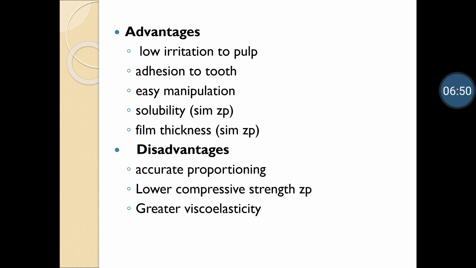What are the major advantages of zinc polycarboxylate cement? It has a low pulpal response, that is, the biocompatibility of zinc polycarboxylate cement is much better than that of zinc phosphate cement. It may be because polyacrylic acid is a weaker acid compared to the phosphoric acid present in the liquid of zinc phosphate cement, and the molecular size of polyacrylic acid is bigger, so that it will not traverse the dentinal tubules to irritate the pulp. And one more possible reason for its good biocompatible nature is that as it adheres to the dentin, further penetration of the acid does not occur through the dentinal tubules to irritate the pulp.